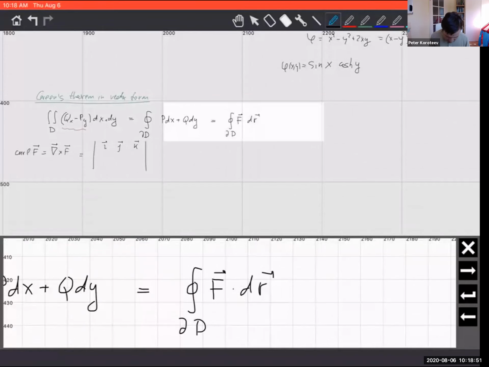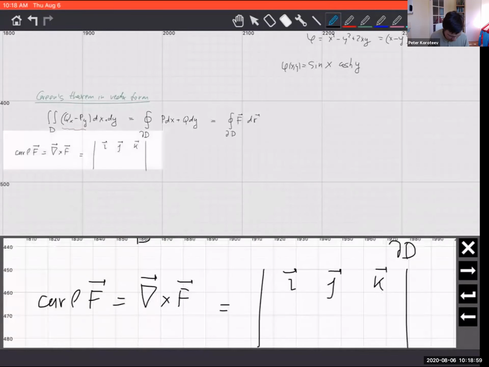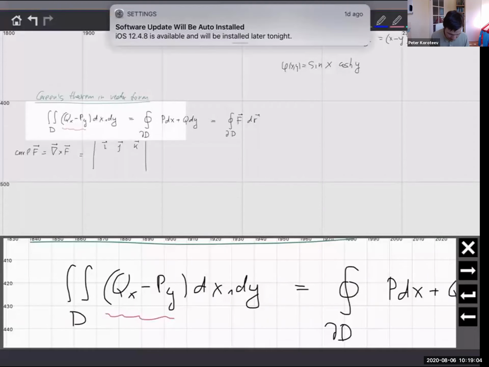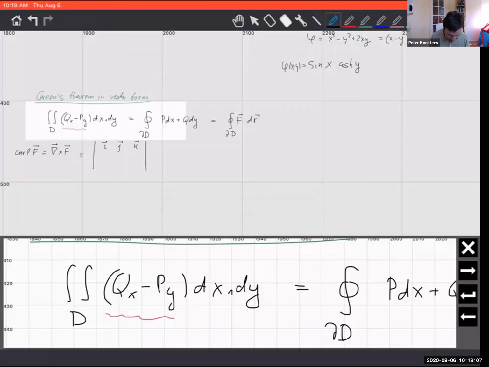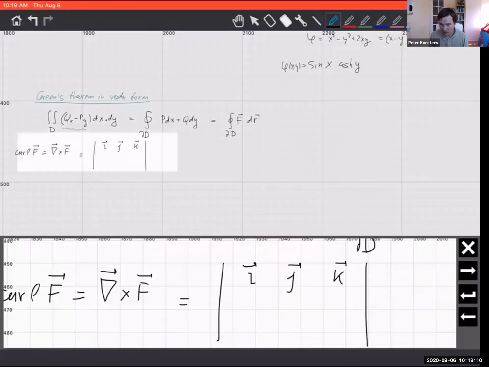or we can write it as the dot product, right? So it's the integral of f dr over the boundary, and the integrand of the left-hand side is reminiscent of the expression we saw before, namely when we calculate the curl of the vector field f. So let's see how this comes about. The curl is calculated by evaluating the determinant. And now, since the vector field here is